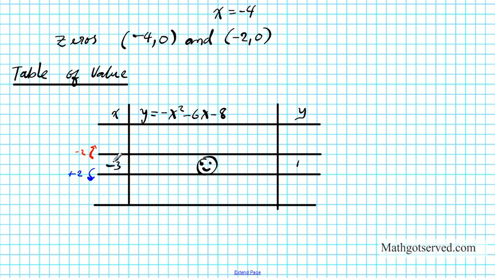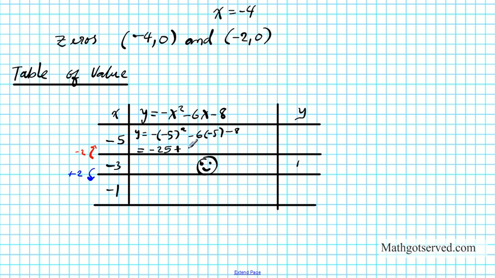So if I take 2 steps back from negative 3, I'll go negative 4, negative 5. And if I take 2 steps forward, I'm going to go negative 2 and negative 1. Alright? So let's plug this in. I'm going to have y equals negative 5 squared minus 6 times negative 5 minus 8. If I work that out, I'm going to have minus 25